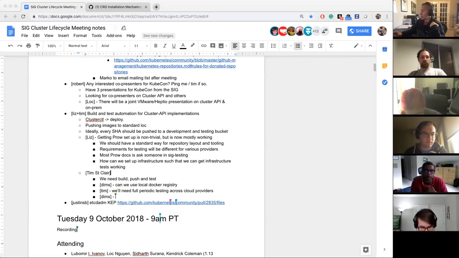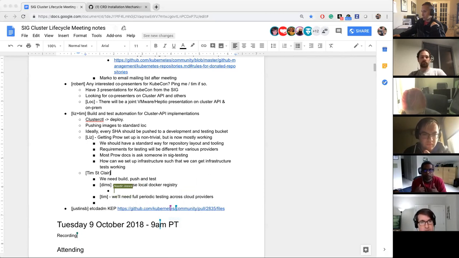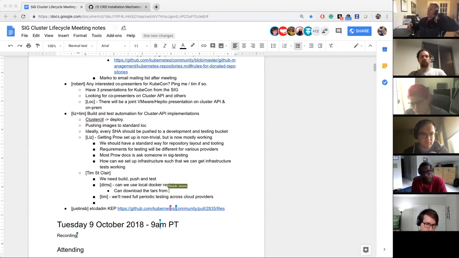Right, and even in the periodic jobs, we can download the container image tars, and then upload to the Docker registry, and then use the Docker registry. So there'll be other things that we could do when we get to that point. I'm hoping that we won't need to do that at that point, but